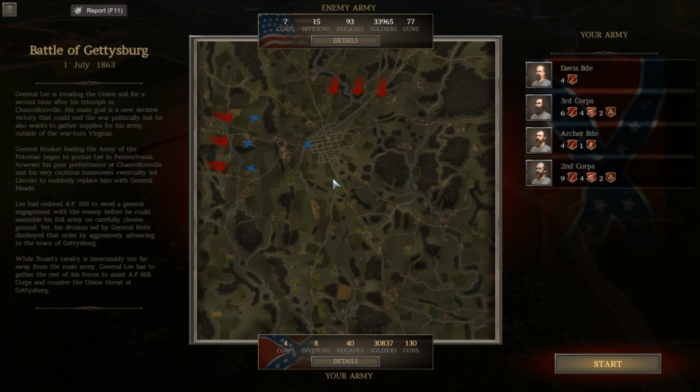So as you can see here, day 1 of the Battle of Gettysburg, July 1st, 1863, General Lee is invading Union soil for a second time after his triumph in Chancellorsville. His main goal is a new decisive victory that could end the war politically, but he also wants to gather supplies for his army outside of war-torn Virginia. General Hooker, leading the Army of the Potomac, began to pursue Lee in Pennsylvania. However, his poor performance at Chancellorsville and his very cautious maneuvers eventually led Lincoln to suddenly replace him with